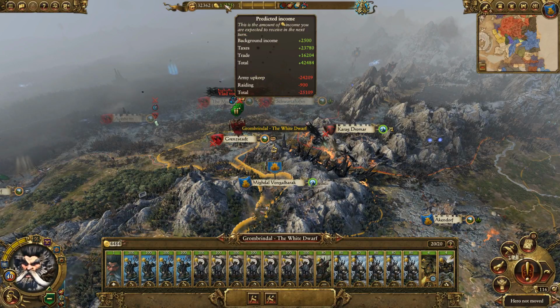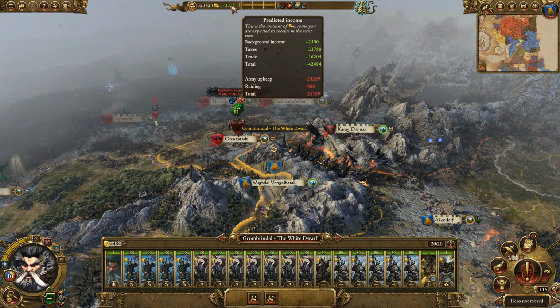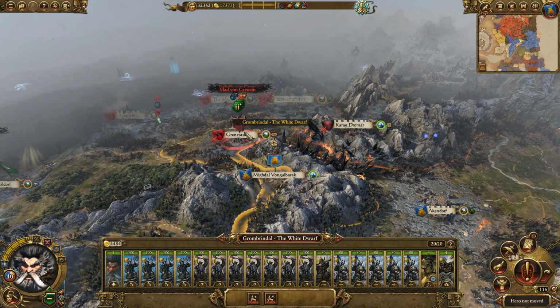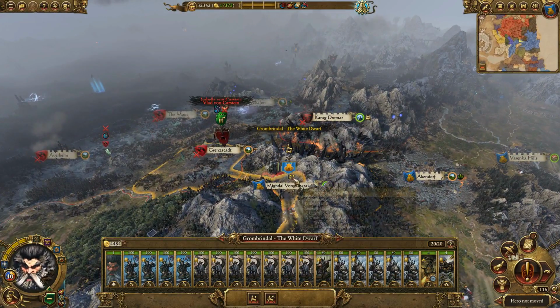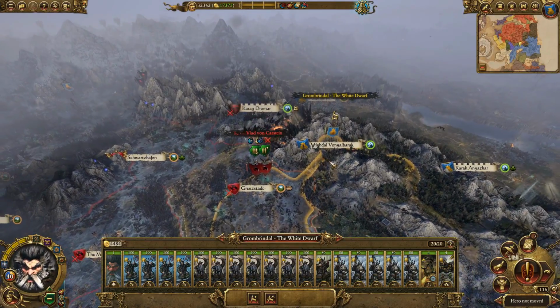We're just above our trade income, 16,200. We're at 17,000. I want to keep my income above my trade income. That way, if my trade income somehow gets disrupted, I can still manage the armies that I have. So that my trade income is just kind of nice to have. Now, I could,